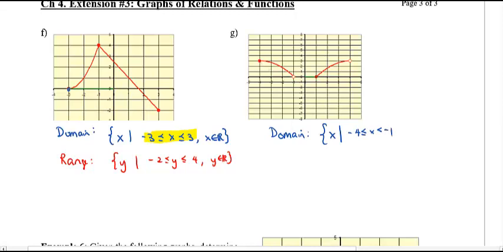Notice there's an equal sign on the -4, but because this is an open dot, it's just a less than sign on the 1. And then it's also this other region from 1 to 4. And of course, in those regions, it has to be a real number. The range,